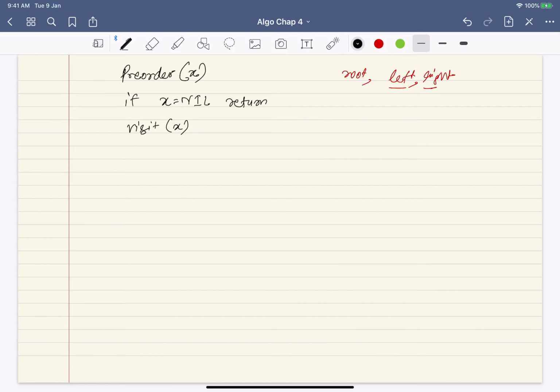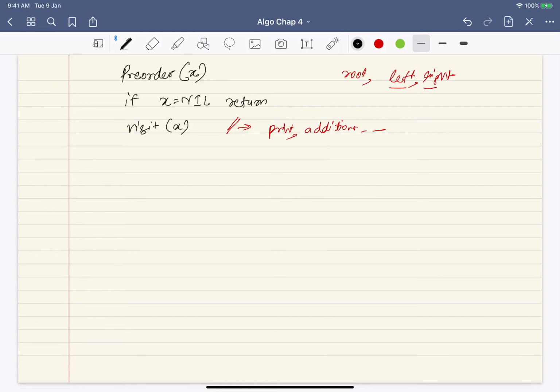Now visit is a generic function that you can do anything. For example, you can print, you can do additions, you can do so many things. We will see some examples. So let's say I'm just calling it in general print x, or I'm just calling it visit x. Now this is the root. Now what about the left and right?